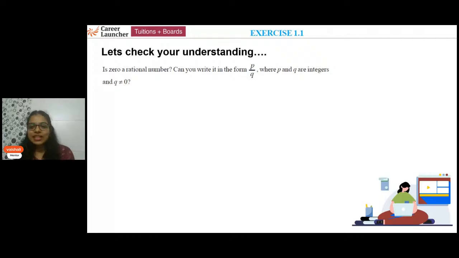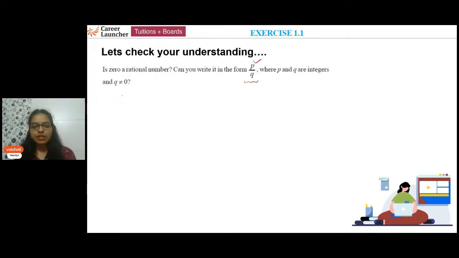So if I were to look at the exercise questions of NCERT from the first exercise itself, what are the questions looking like, and let us attempt them and write your answers in the chat section also. So the first question is asking: is 0 a rational number, yes or no, and can I write it in the form of p by q, where p and q are integers? So the question itself is asking whether I can express the given number 0 in the form of p by q. तो एक बार देख लेते हैं